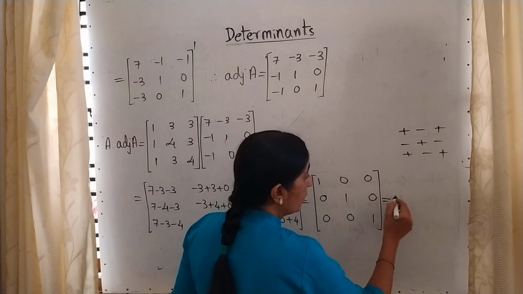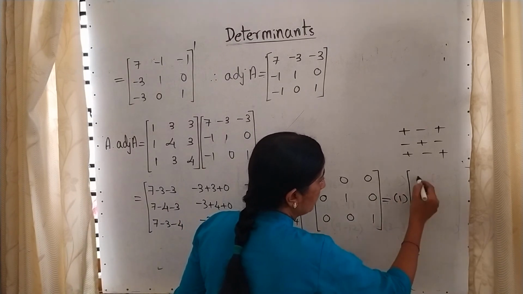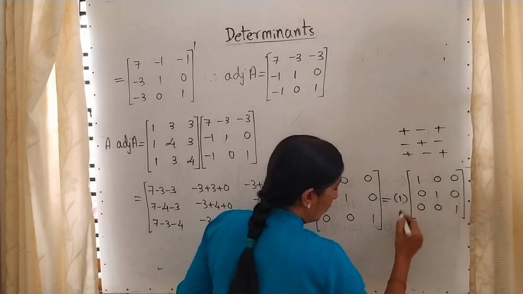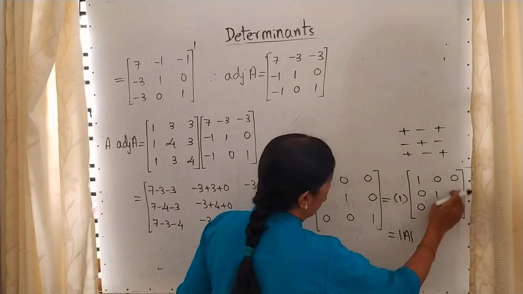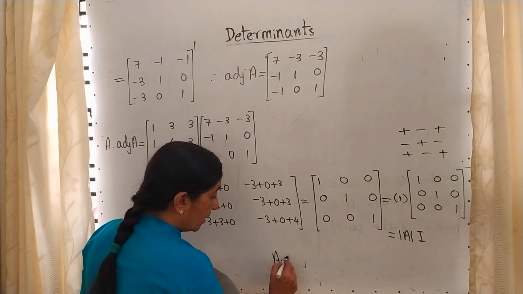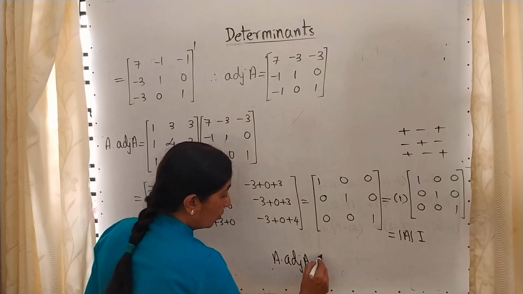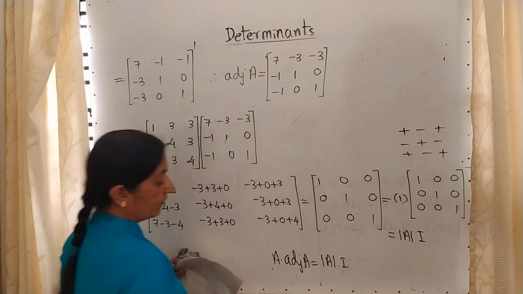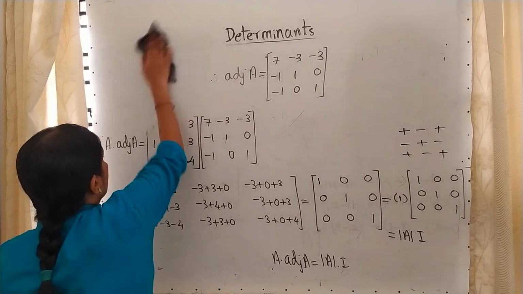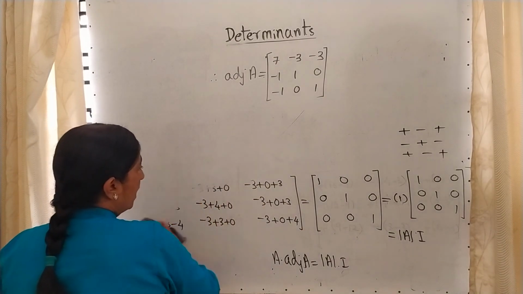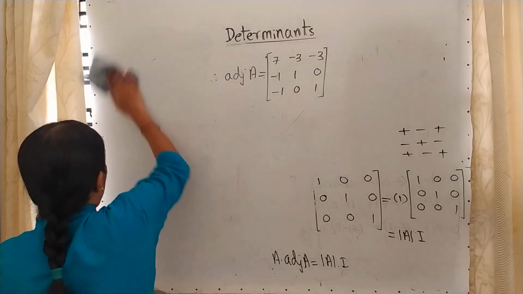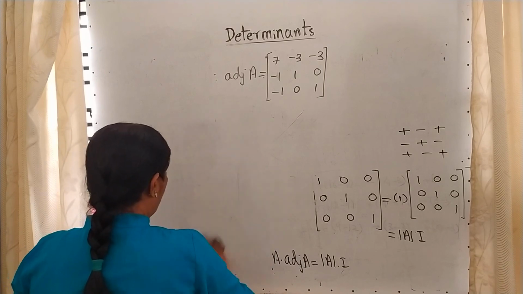So this also we can write as, you can take one common. And remember, this one is nothing but determinant of A. Already we solved. And this is nothing but the identity matrix. That means we proved A into adjoint A is equal to determinant of A into I. This we proved. And next the question is find the inverse. So already we calculated adjoint and we calculated the determinant of A. So it is very simple to write the inverse, because we are familiar with the formula.